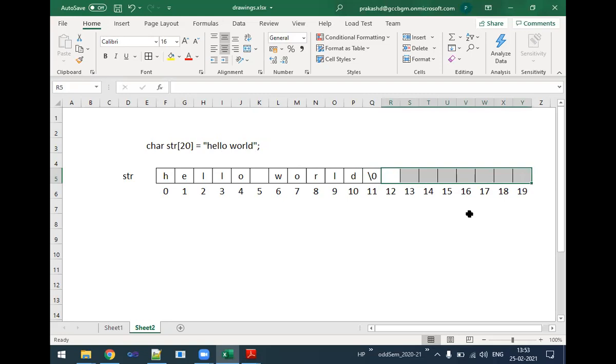When we print this str, what it is going to do, it will start printing or accessing individual characters from first index, that is 0th index, until it encounters a particular index whose value is null. So it checks here, 0th index, is it a null? No. So it prints this. Next, it forwards to the next character. Is it containing a null? No. So it will print this. So in this way, it keeps on printing.